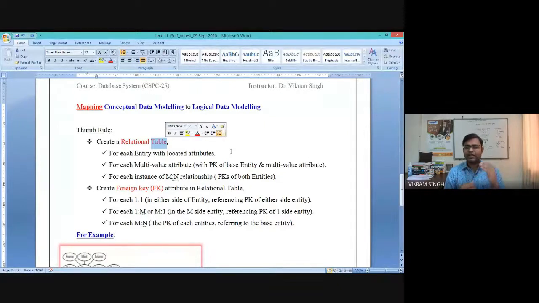So along with the base tables, there will be one possible table for multi-valued attributes, and if you observe any instance of an M:N relationship in the ER diagram, you need to create a separate database table, right? And in this table, there will be minimum two attributes, which will be the primary keys of both entities, right? You have to include the primary key of both entities.